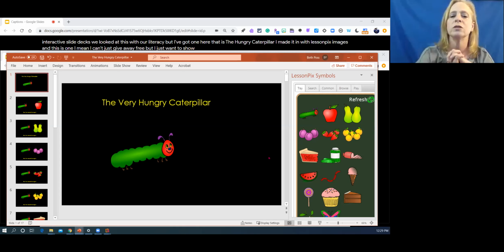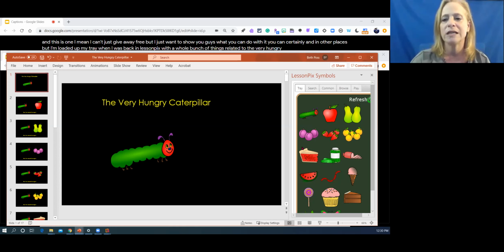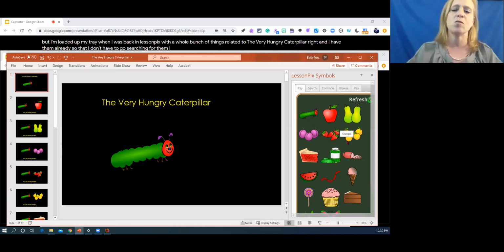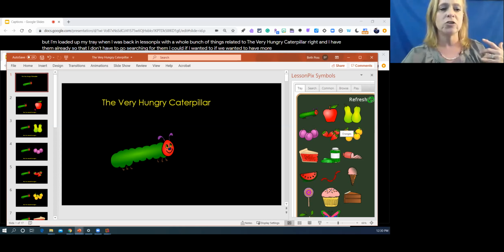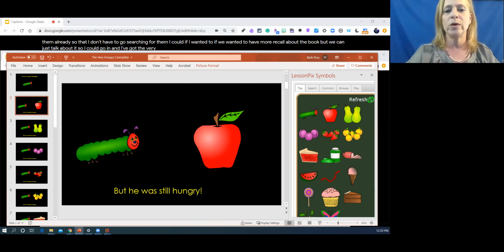You can certainly do the same type of thing in PowerPoint with images that you find in other places. But I loaded up my tray when I was back in LessonPix with a whole bunch of things related to The Very Hungry Caterpillar, and I have them all ready so that I don't have to go searching for them. I could, if we wanted to have more recall about the book, but we can just talk about it. So I could go in and I've got the very hungry caterpillar, and we can move him